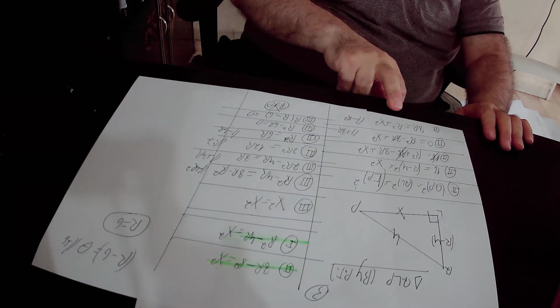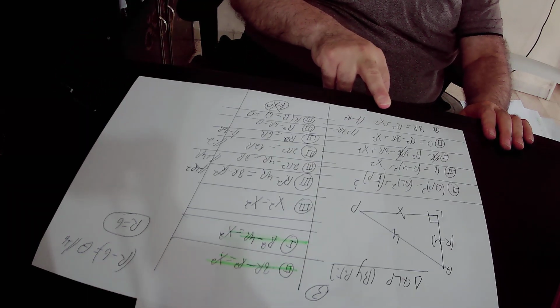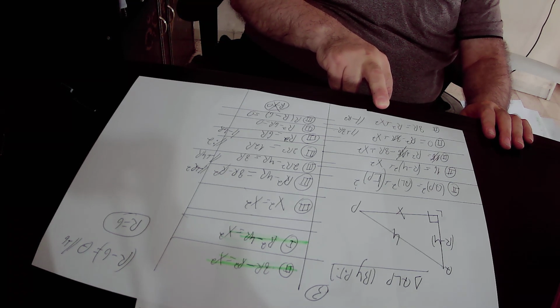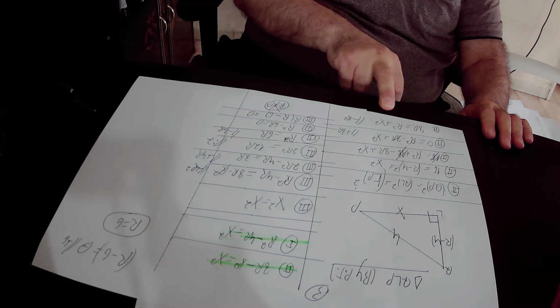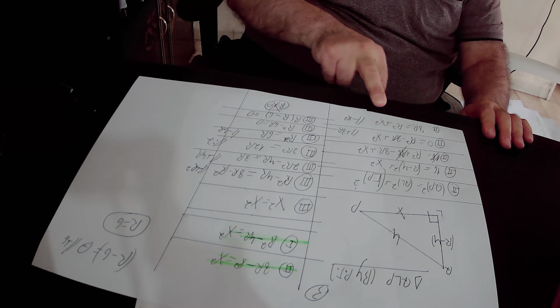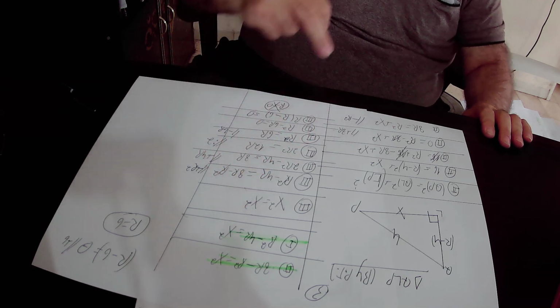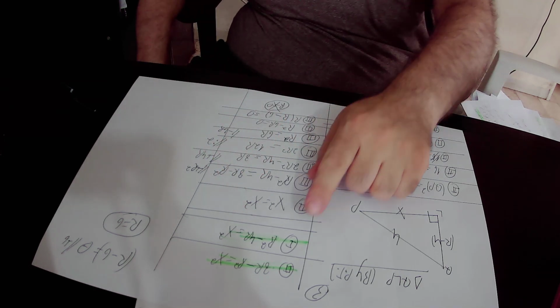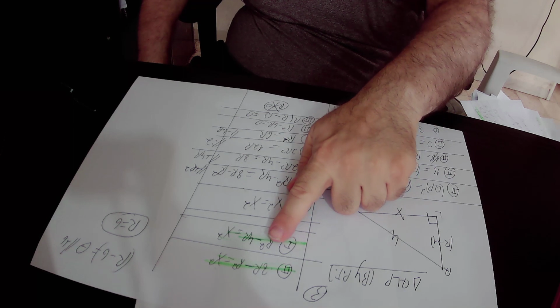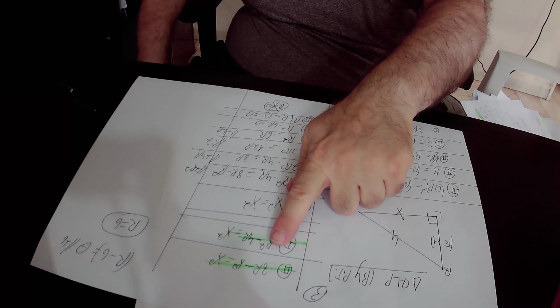Actually here we have 8R equals R squared plus X squared. After we subtract R squared from this equation number 2, we got that 8R minus R squared equals X squared. So according to equation number 2, X squared equals 8R minus